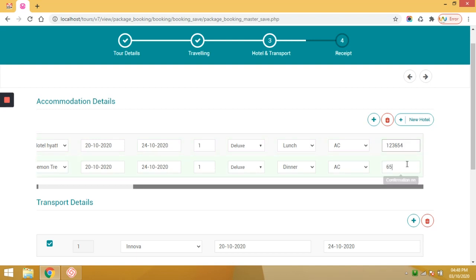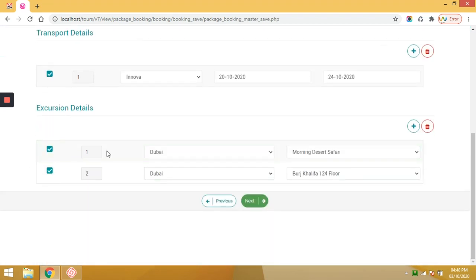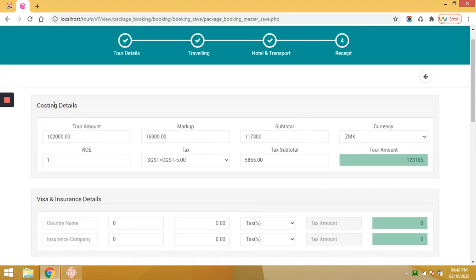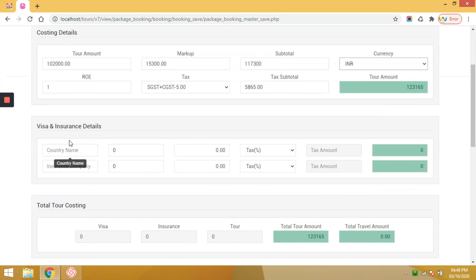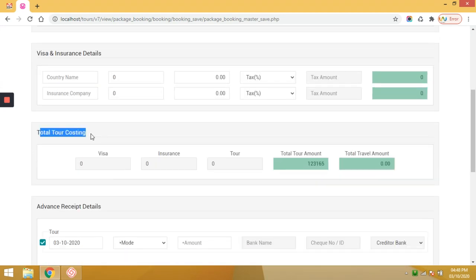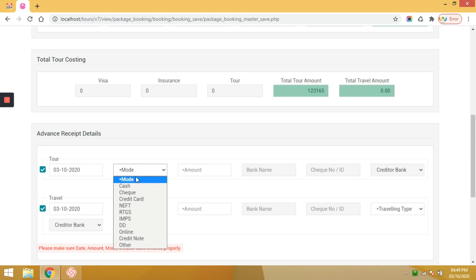costing details are auto reflected from the quotation. We can modify if required. Tour details or the tour costing details, advance payment details. If the customer releases some advance payment, we can select the payment date, payment mode, amount, booking summary. Here we can define the customer-specific requirement. Payment due date. If we select the payment due date here, the payment reminders will automatically be sent to the email ID of the customer and account person. This is the booking date, and save.